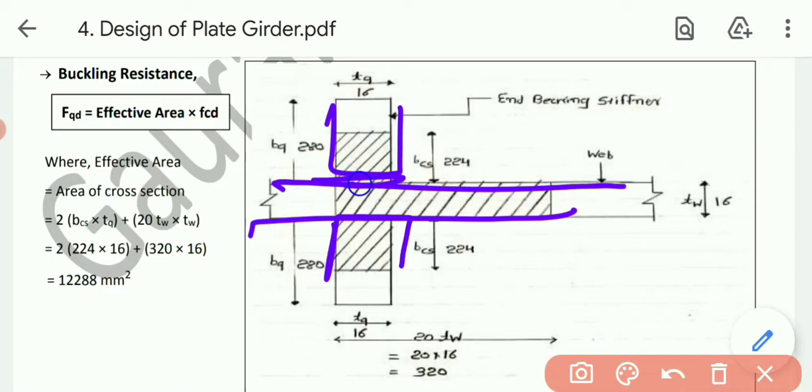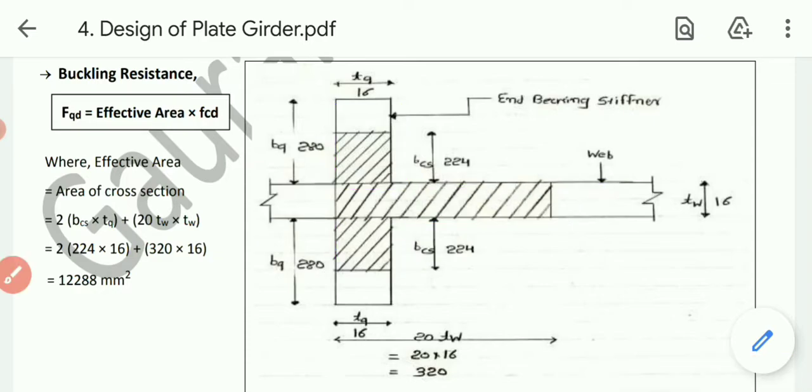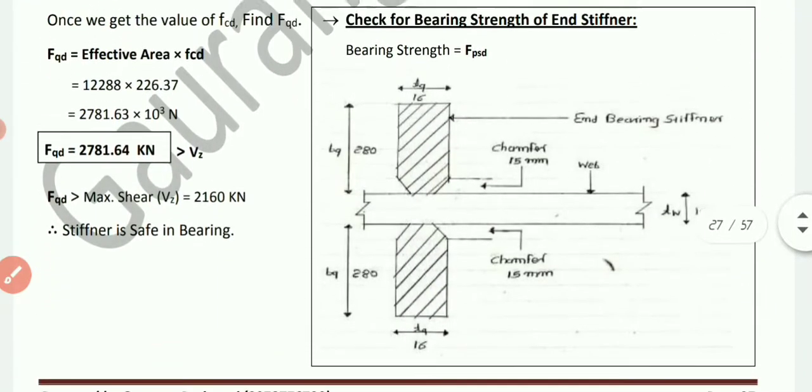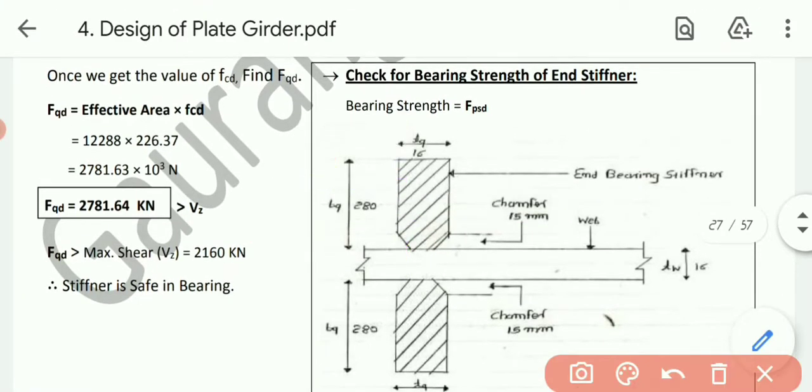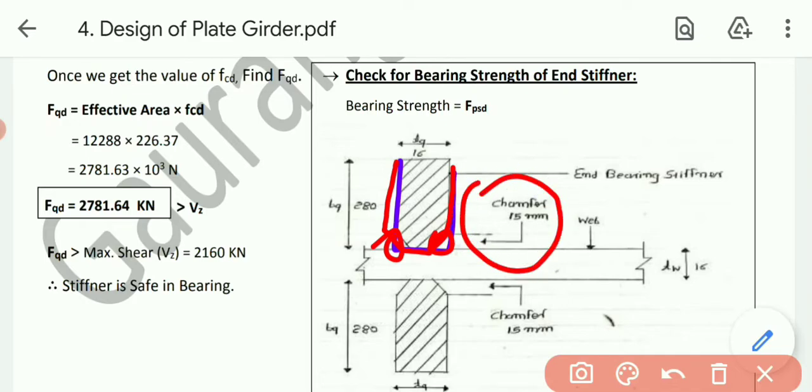So if you are going to provide the welding, it will need a slope, or we can say a chamfer. So in order to provide welding, we need to cut. It was like this, but now the shape of the stiffener will be like this. This extra portion is known as the chamfer. So we need to cut 15 mm as a chamfer from the dimensions of the stiffener, and for that we need to check